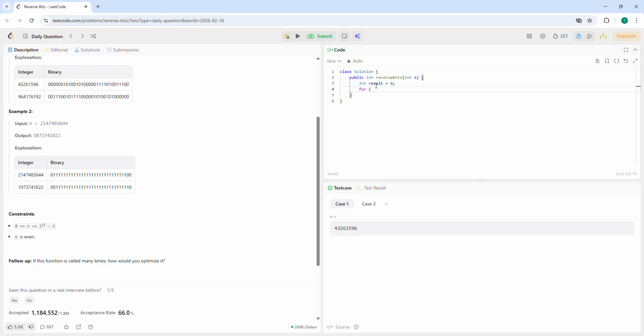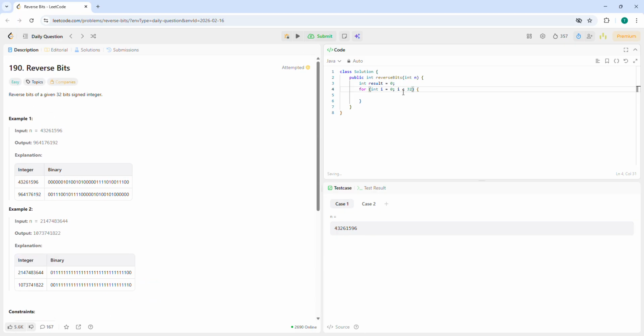For int i, initiate to 0, we want to run it while i is less than 32, because there are only 32 bits in the integer, and we want to increment i by 1 each time. Within the for loop, what we want to do next is